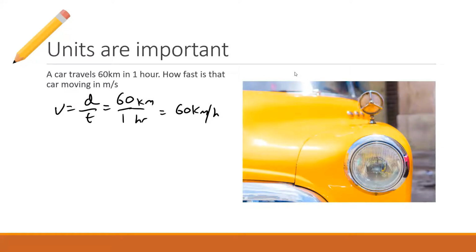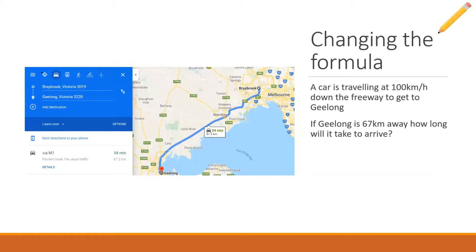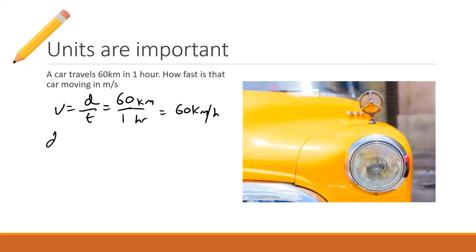That doesn't help us calculate meters per second. So the best way is to take your distance, which is 60 kilometers, and convert that to 60,000 meters. And your time, which was 1 hour, becomes 3,600